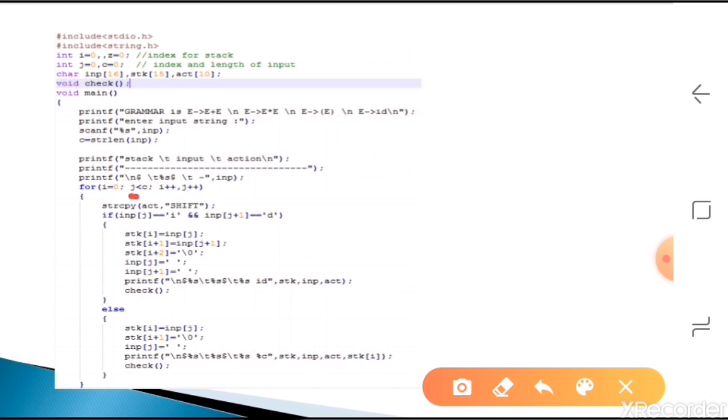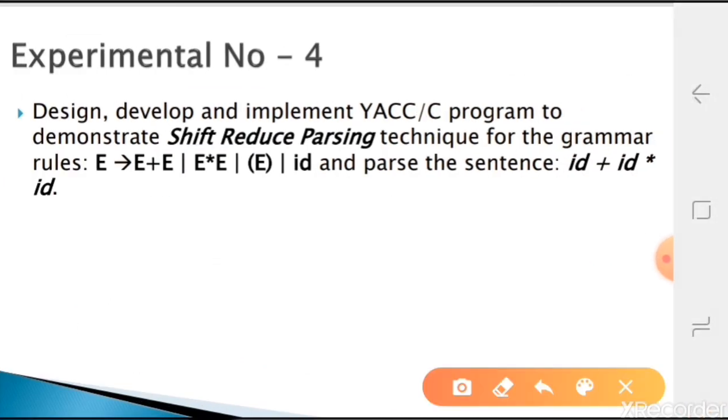Now, whenever we get the input, the first step in parsing will always be a shift, and the last step will be a reduce, because it has to reduce to the start symbol. If it reduces to the start symbol, that is successful. So a valid input always has a shift as its first step and a reduce as its last step.